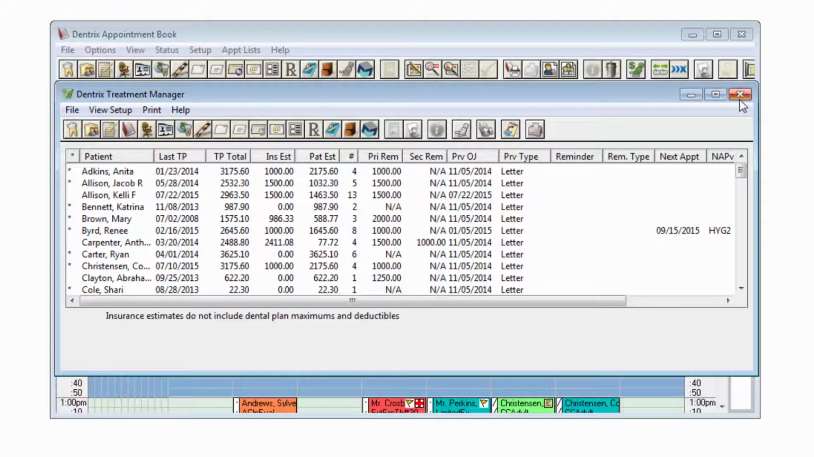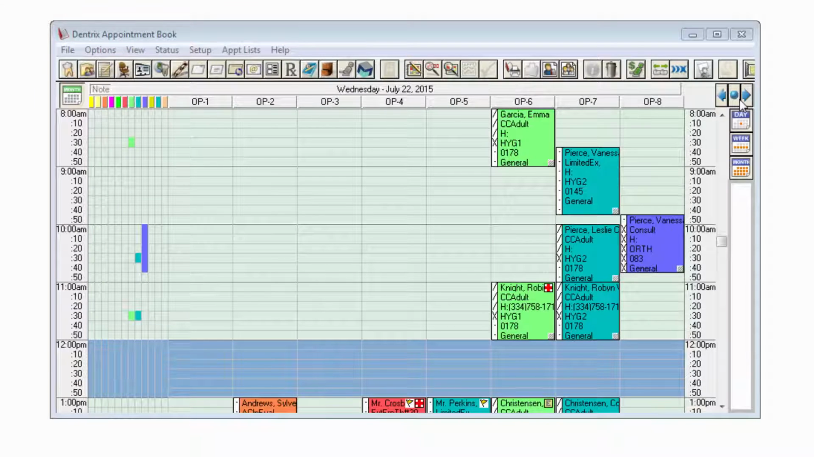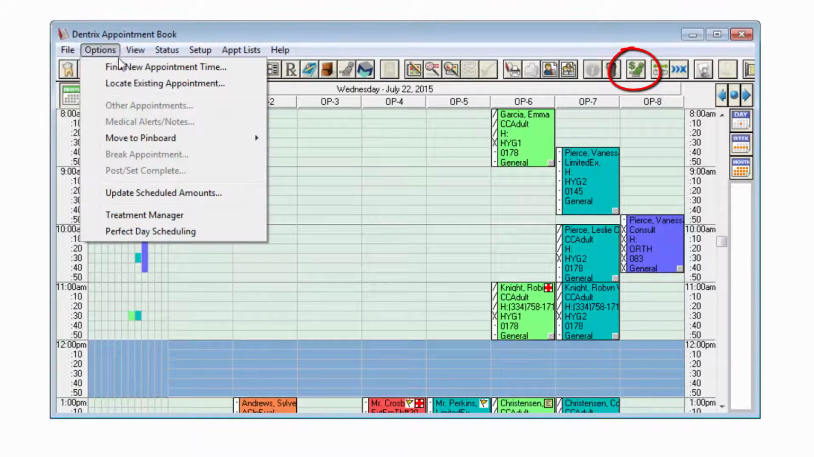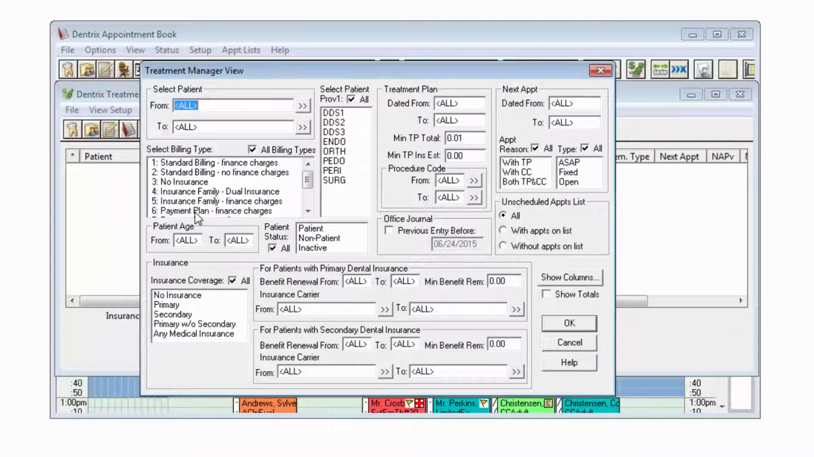To open the Treatment Manager, from the Appointment Book, click on the Treatment Manager button, or from the Options menu, choose the Treatment Manager. Next, specify filter criteria that make sense to your practice. For example, you might use this Treatment Manager to contact patients about scheduling their appointment before the end of the year. It would be a good idea then to find patients who are active patients,